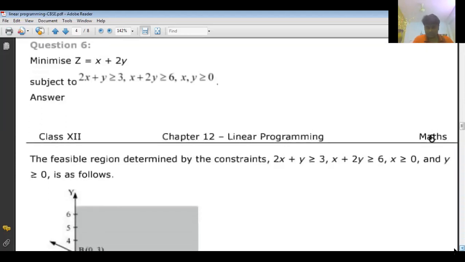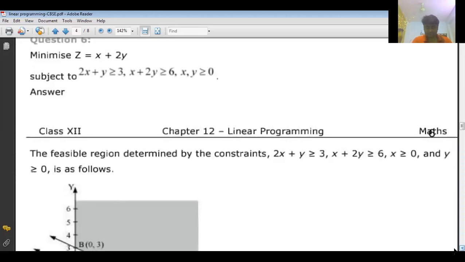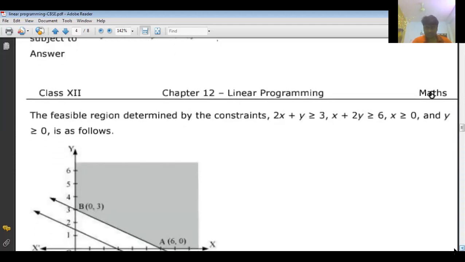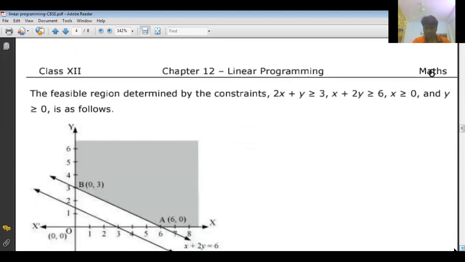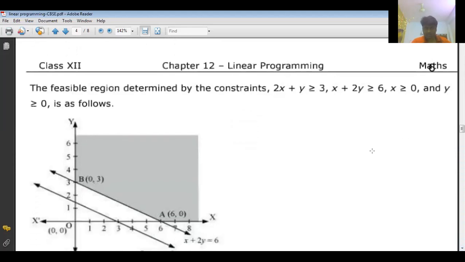Fifth we can do. It was very easy. See sixth, same as here, greater than or equals to is given in both the inequalities. So the graph will be outside the origin. And what are the points of intersection we can draw? But here, interestingly, both the lines are not intersecting. So this is the region which is the upper side, the upward side of both the lines. So there are no common points of intersection.